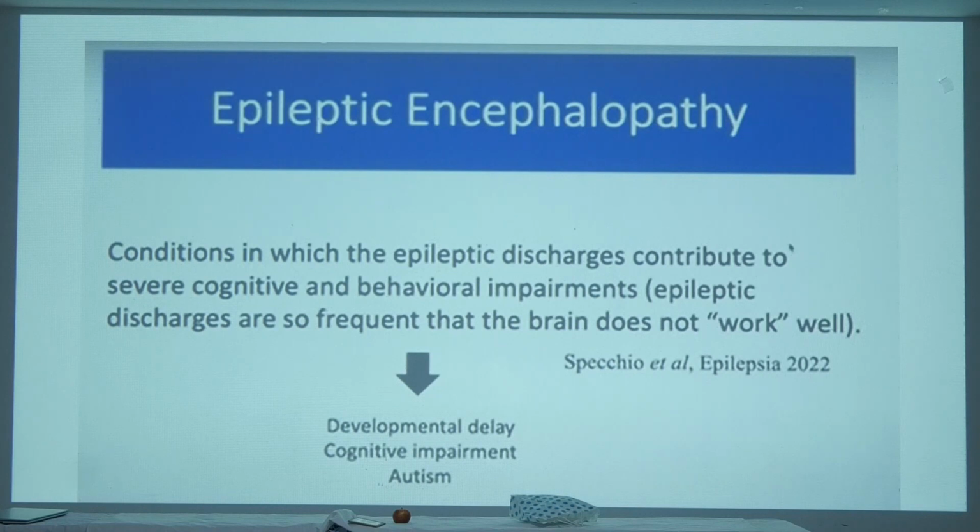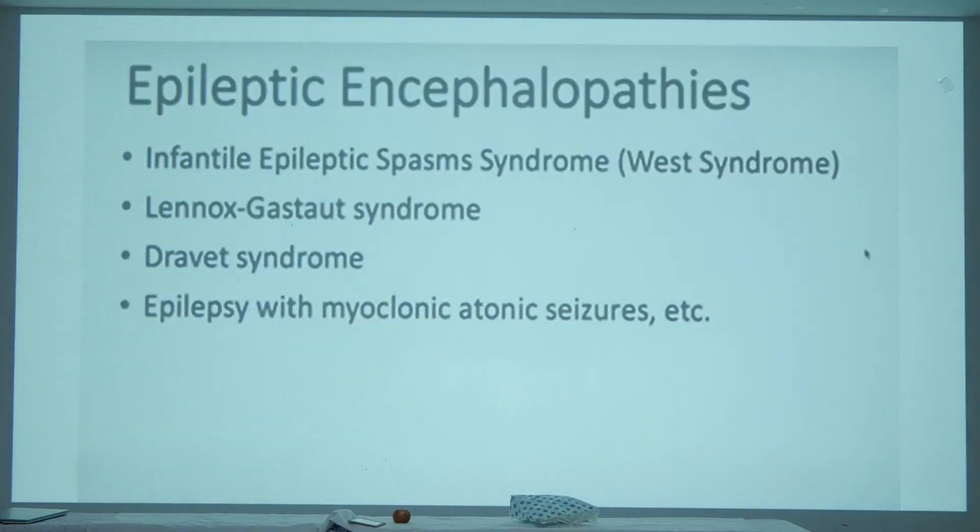And what are the common epileptic encephalopathies we see in our day-to-day practice in India? West syndrome, which can later evolve into the Lennox-Gastaut syndrome. Dravet syndrome: the child is having febrile status epilepticus before 6 months of life, especially after the first vaccine. After that, he is having frequent febrile seizures at intervals of 15 days, 1 month. After 1 year, the seizures may be afebrile, and after 2 years, because of the frequent seizures, there is a cognitive decline. So that is the typical history for Dravet syndrome. Epilepsy with myoclonic and atonic seizures, what is also known as Doose syndrome.